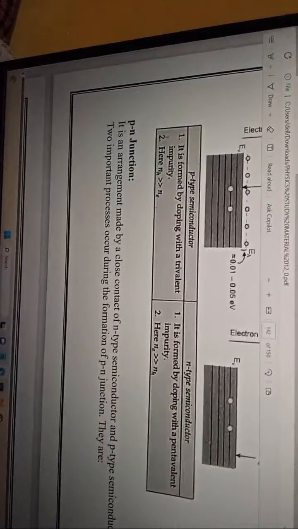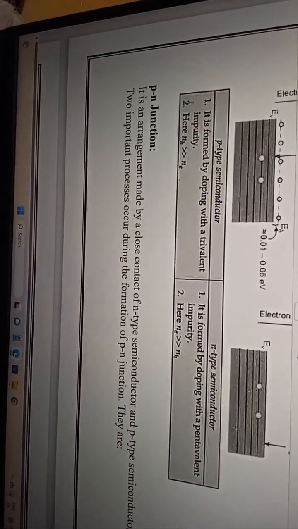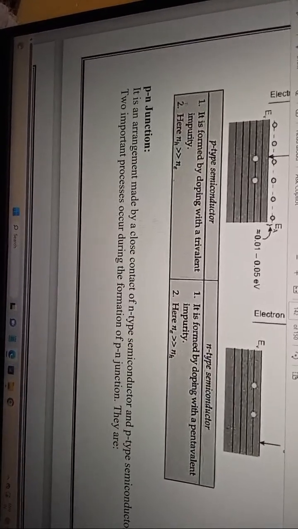p-n junction. It is an arrangement made by a close contact of N-type semiconductor and P-type semiconductor. Two important processes occur during the formation of a p-n junction: